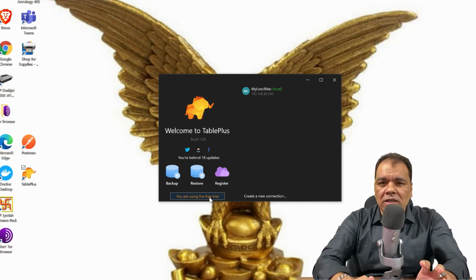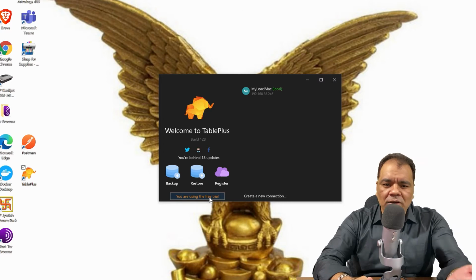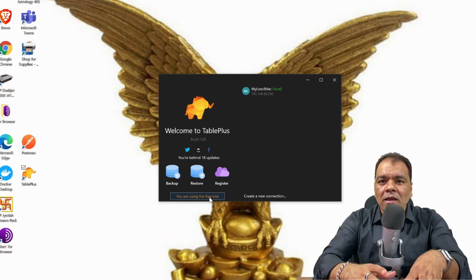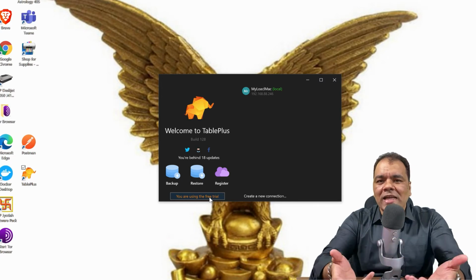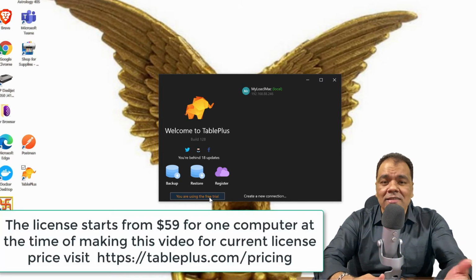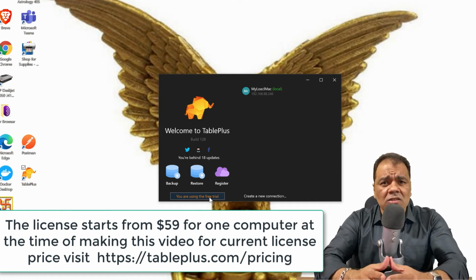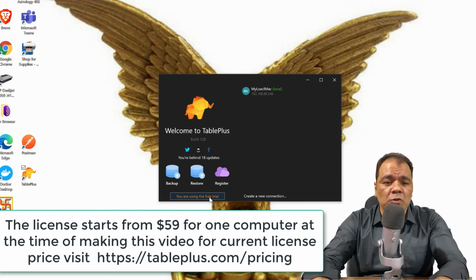So this is just a limitation of the free trial. I'm using the free trial because 2 tabs at a time is fine with me. But if you want to open multiple tabs at a time, you can purchase the license. I'll show you the license cost at the end of the video. The license cost is also very cheap. It's a perpetual license, so it's very useful.